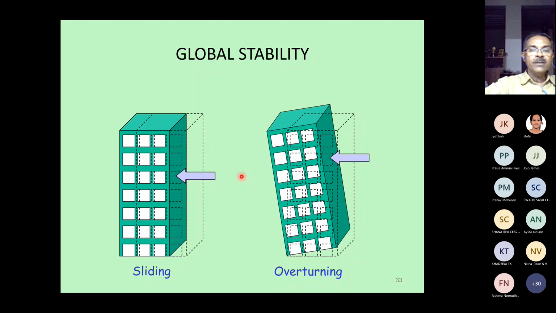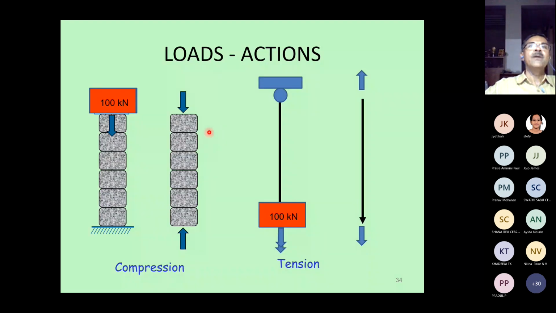And first, what we structural people should look into is the global stability of the building. If a horizontal load is acting like that, whether the structure will slide or whether the structure will overturn. So these things are to be taken care of in the first go. And once this is taken care of, the individual structural members are to be designed for the corresponding loads. So if you look at the loads or actions, if you put 100 kilonewton on the top